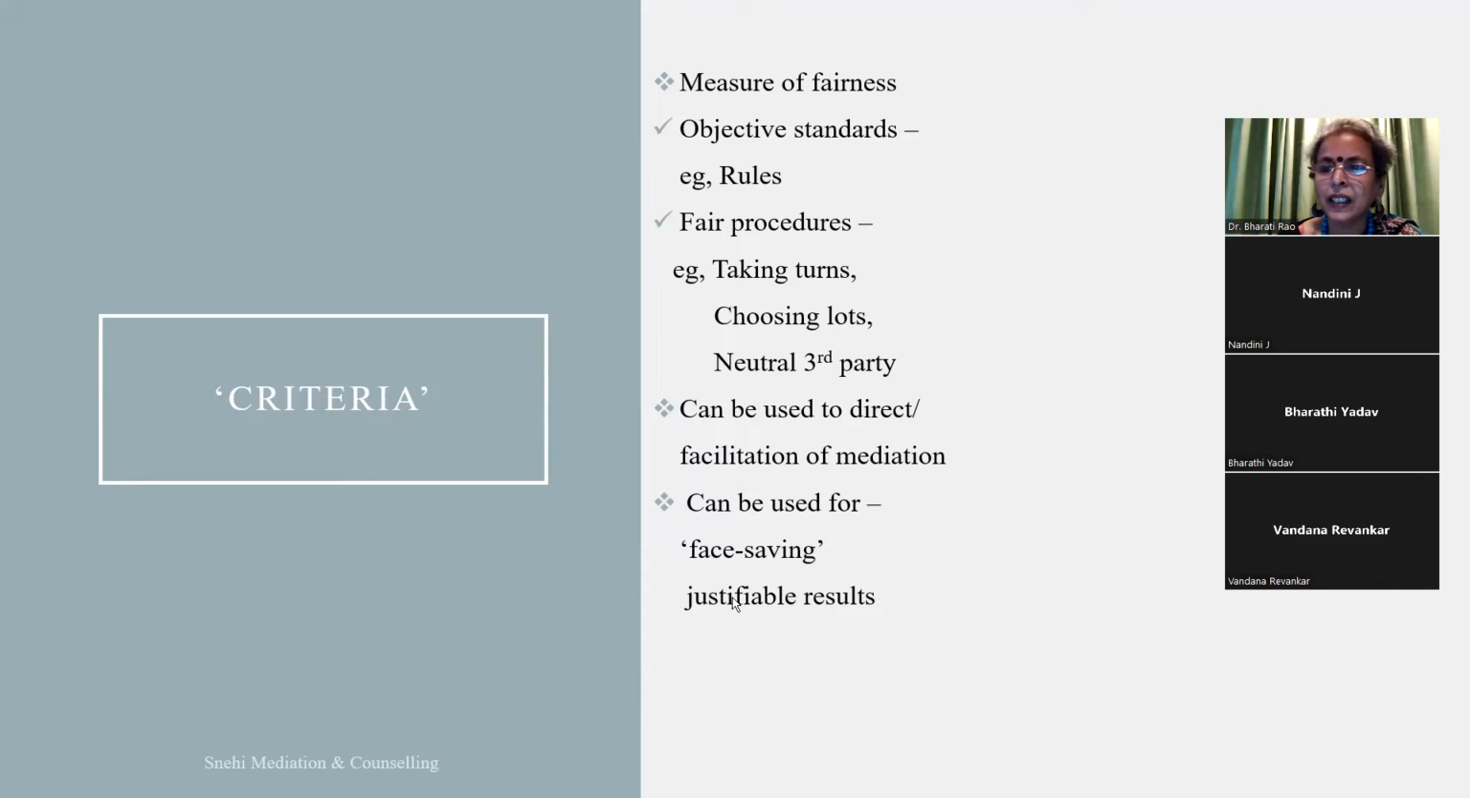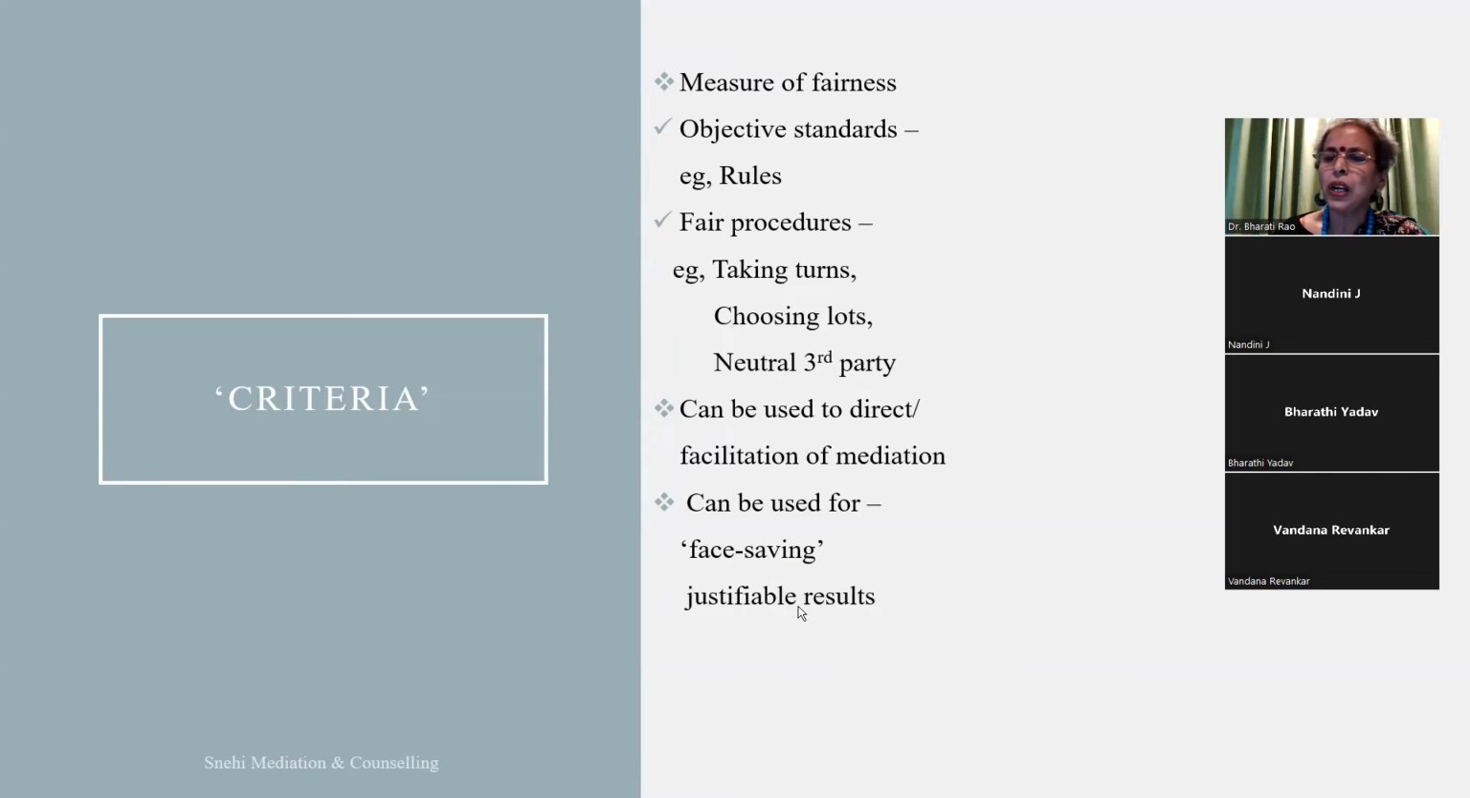That is, the results that one is getting out of resolution of a dispute through mediation must be justifiable. It's not like two people sitting together and deciding. Like for instance, if justifiability and credibility, measure of fairness, sticking to rules, all of these areas are not followed, then anybody can do